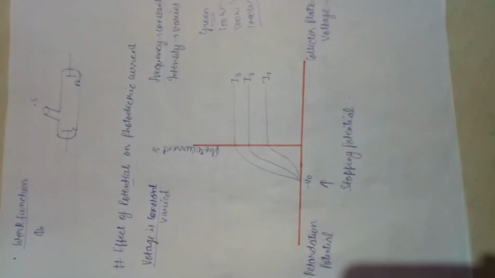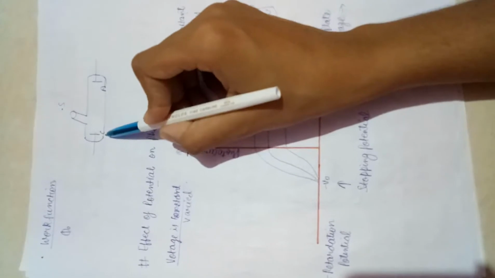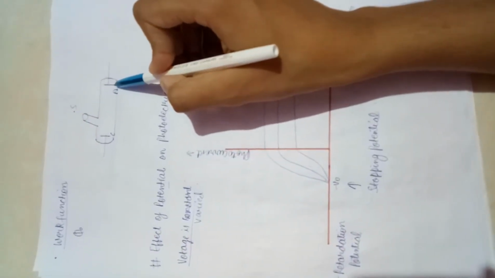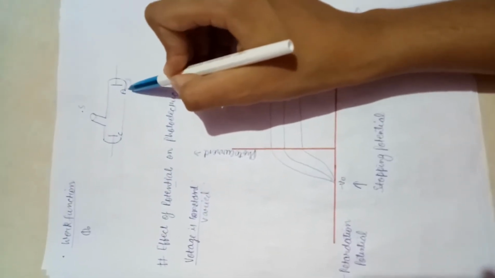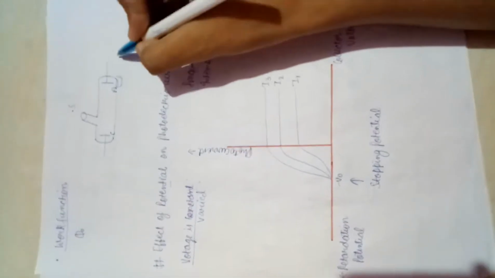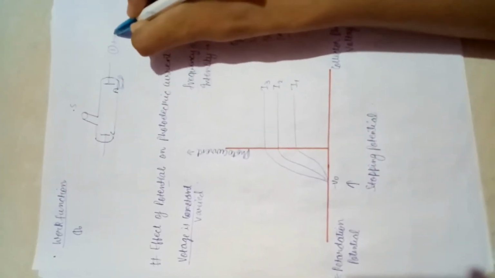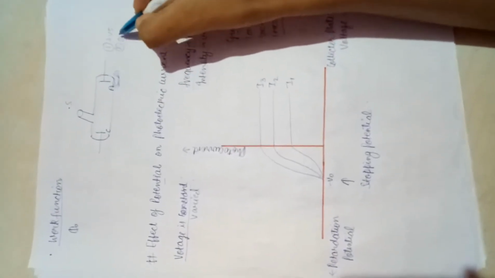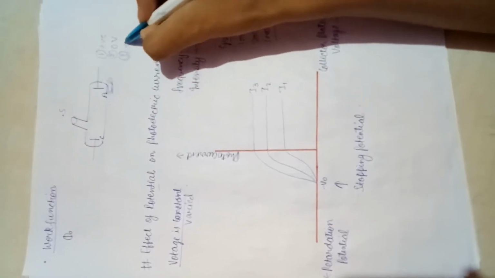So what we are going to do in this particular section is, first of all, I have this evacuated glass tube. In this I have a cathode and an anode. We already know that this collector plate is at positive potential. So we will perform three experiments. First we will put this collector plate, the anode, at positive potential. Second, we are going to put it at zero potential. Third, we are going to put it slightly negative.